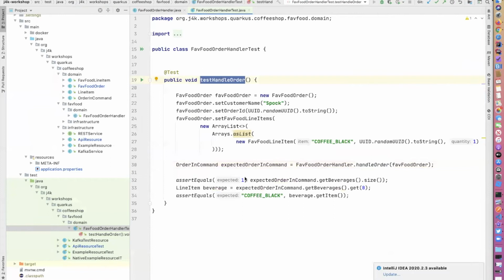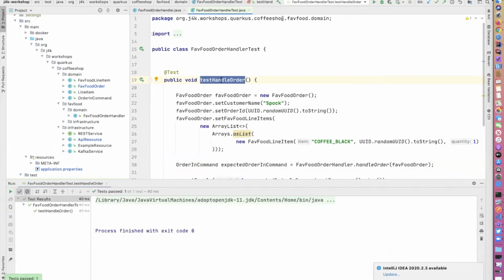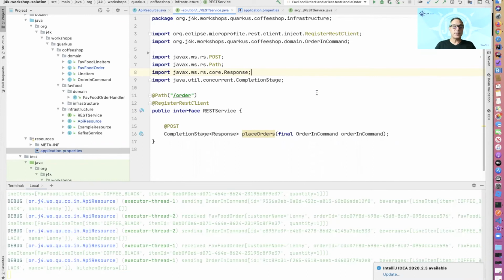And that should be passing, right? We should be able to run that, and that should give us the expected format that we are looking for. Yep, and we are good to go. Okay, and so the last piece to get the order in, now that we're translating our order, is to implement